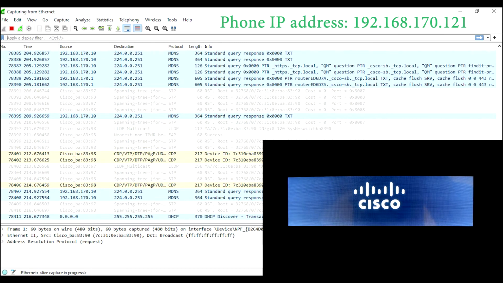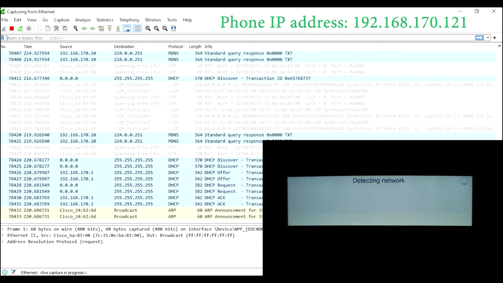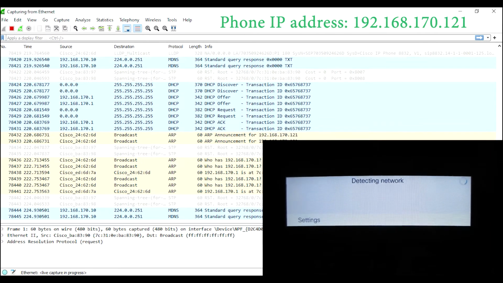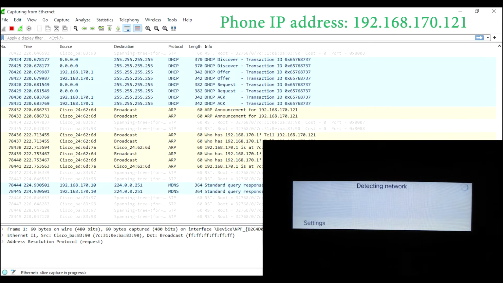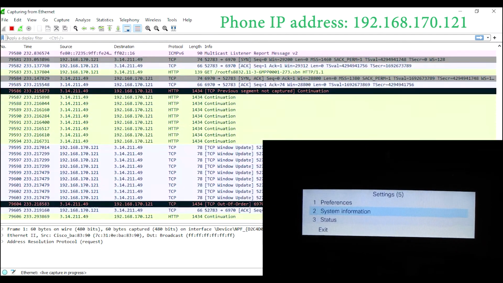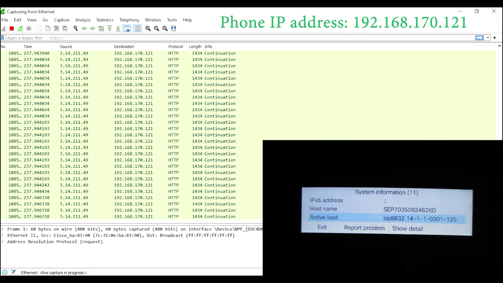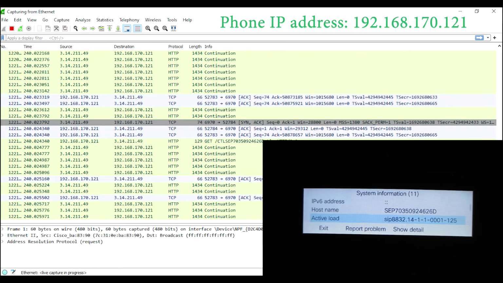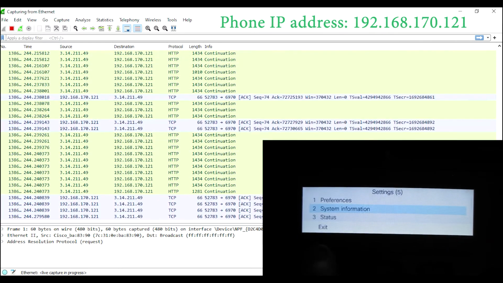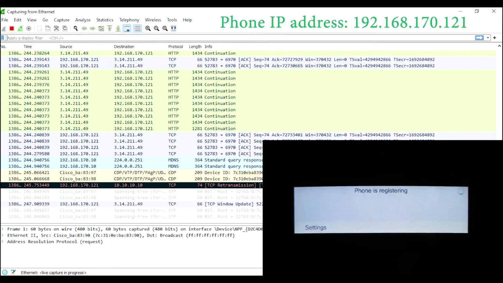And we should have the phone finishing the boot cycle here in a few moments. And what we'll do is we'll jump into the settings menu before the phone goes into step number 2. So we'll go ahead and go into the settings menu here, and we want to take a look at the system information. And then we want to look at the version it has, and yep, it updated itself to 14-1-1, which is 14.1 parentheses 1. So we'll go back to the main menu here, and we'll wait for the phone to do step